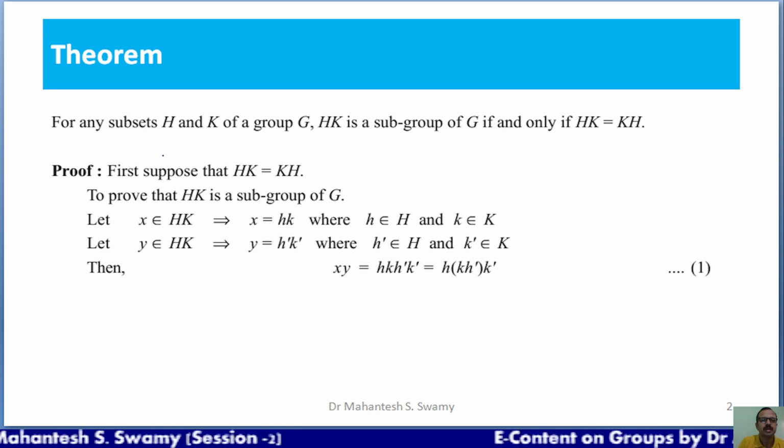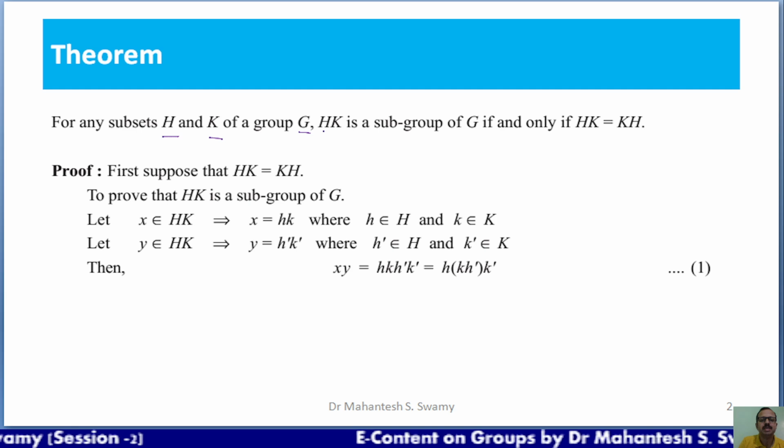Here it is given that H and K are two subsets of a group G. So G is a group, and H and K are any two subsets of G. The theorem is to prove that HK, that is the product of H and K, is a subgroup of the group G if and only if